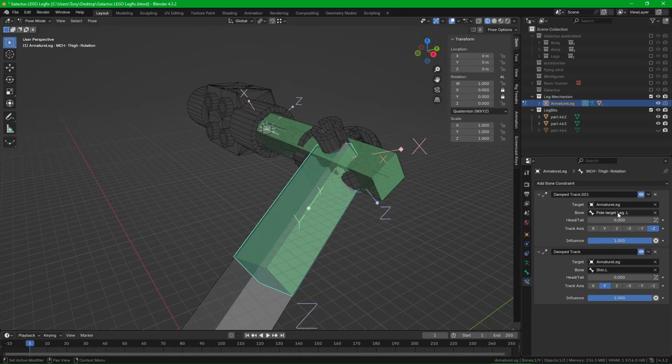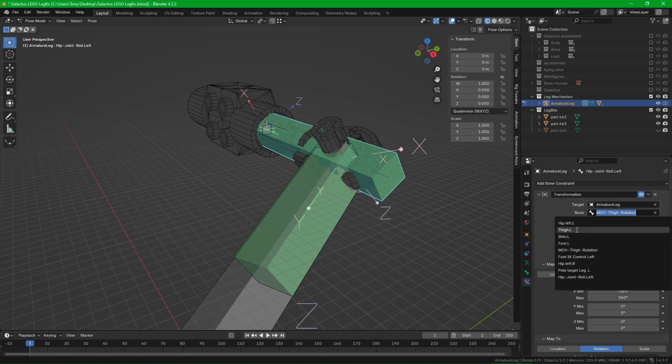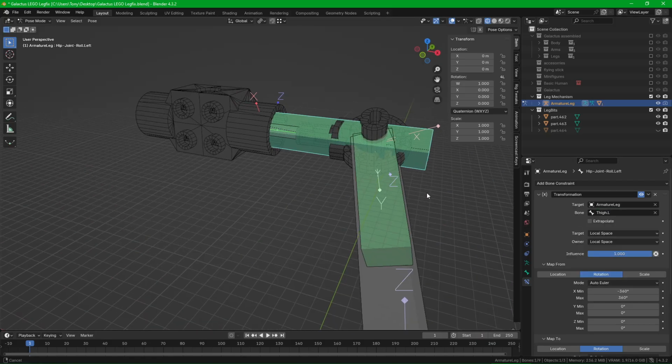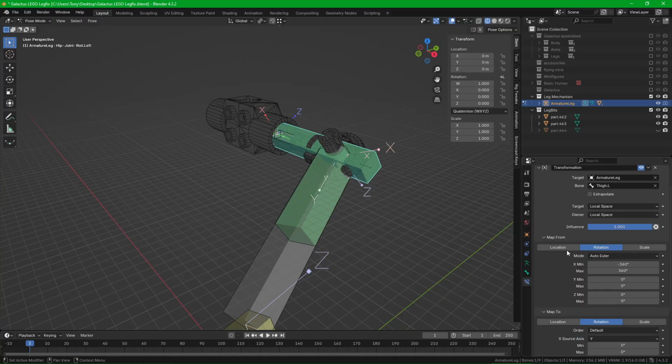Thigh left. Oh, wrong one. So this bone here, thigh rotation, let's see if thigh left works. Yeah, thigh left works. Okay, so what this is doing is it's looking at the rotation of the thigh bone